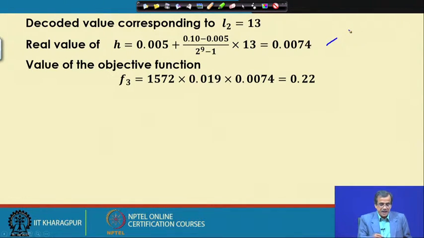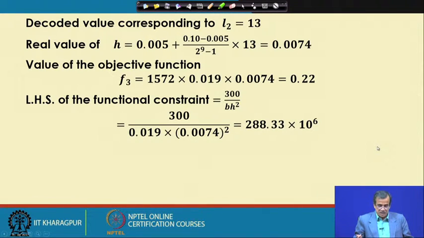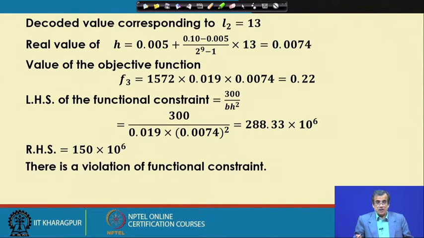0.0074, and I can determine the value of the objective function, that is f 3, which is nothing but 1572 multiplied by B multiplied by H. So, that is 0.22 kg. Now, once I have got this, I will have to check whether it is going to violate the functional constraint or not. Here the left hand side of the functional constraint, that is 300 divided by B H square, if I substitute the numerical values, I am getting